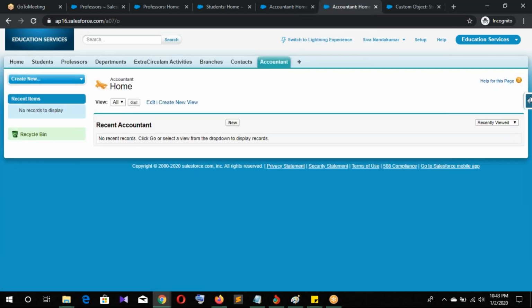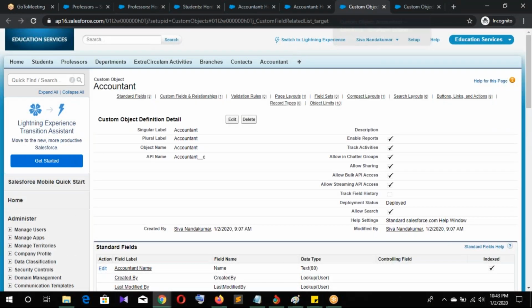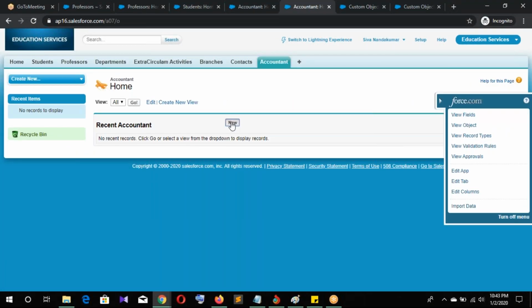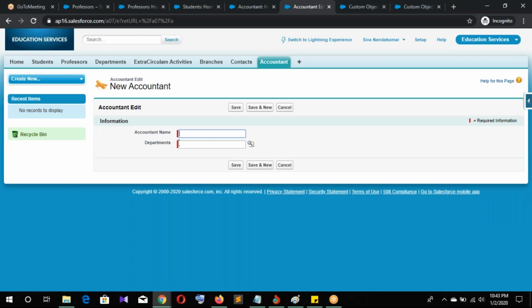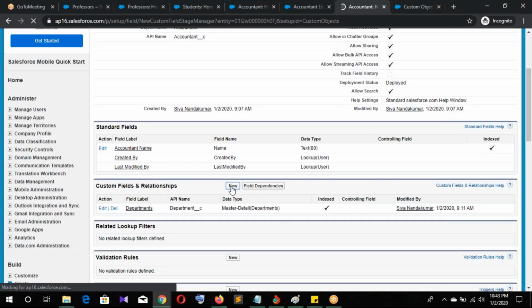New field. The department field is already created, and the branch field is created.